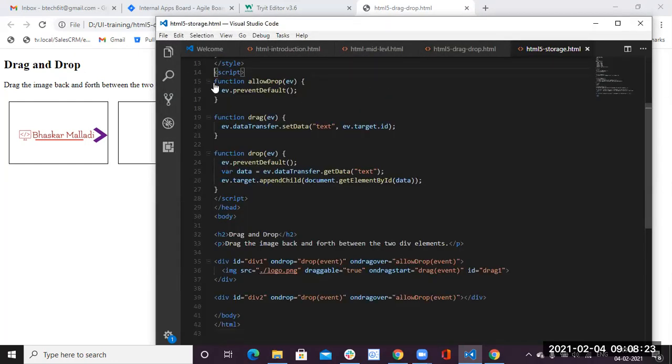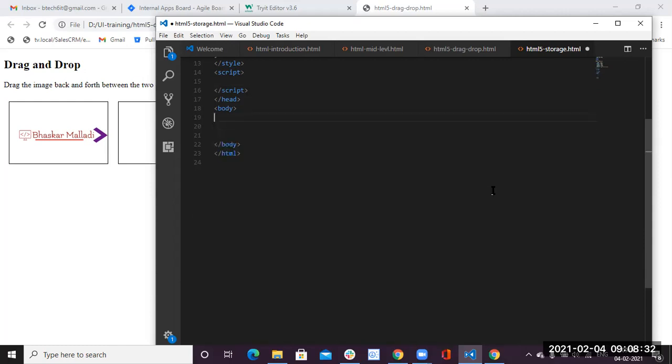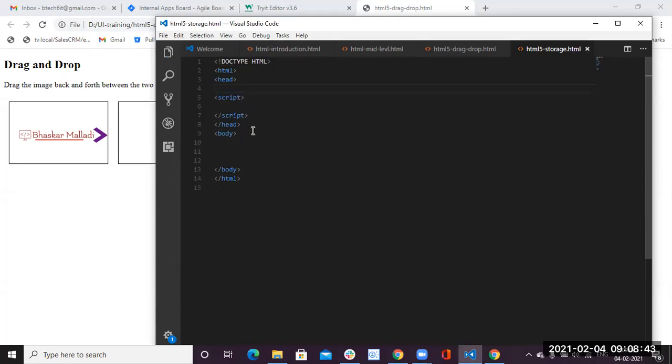With these script files here, we don't require them, so I am removing everything. These things are also not required, and styling is not required actually. I told you, some simple JavaScript code will be required here, and you can easily remember that code also.